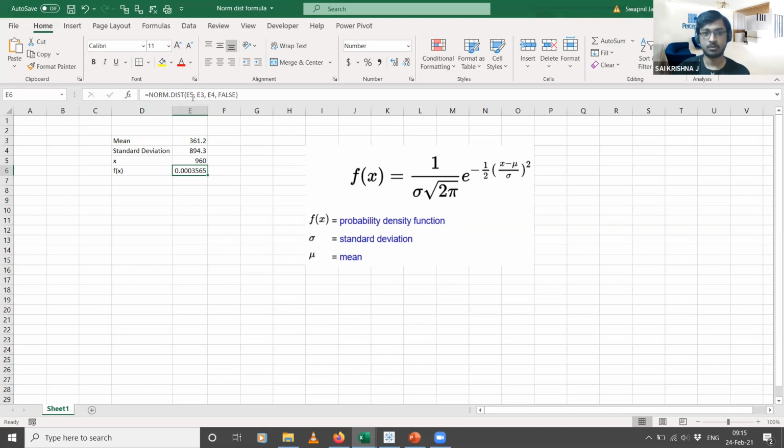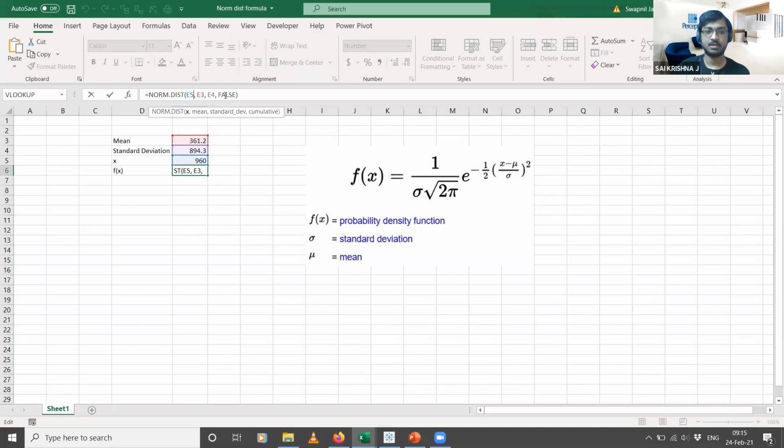Okay, so you can see E5 is this x value over here, the 960. E3 is the 361.2, the mean. E4 is the standard deviation. Cumulative, you see, I have given as false, which means basically what is the probability that the number will be equal to 960? Okay, if I give the value cumulative as true, then it will mean what is the probability that a value is less than or equal to 960? Okay, so that is the difference between true or false in the cumulative function that we have.